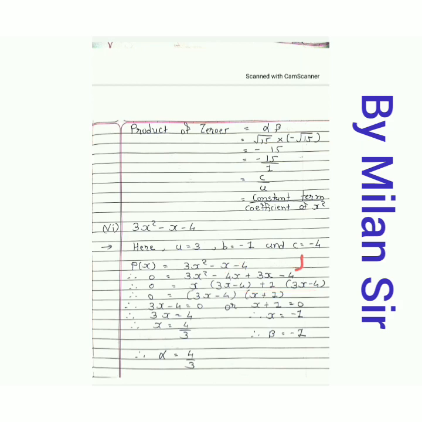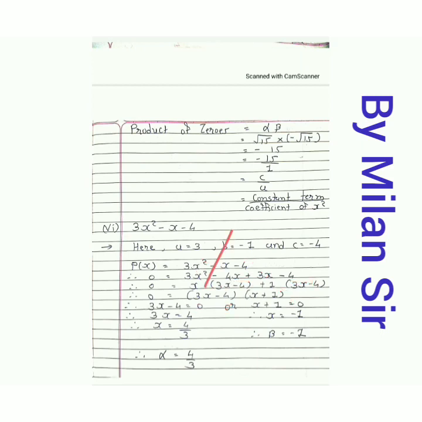Then on the left hand side 0 is there as it is, and in these 2 terms, one bracket is common, that is 3x minus 4. So I take this bracket as common, 3x minus 4. Then the remaining part is, so 3x minus 4 is cancelled, right? So the remaining part is x plus 1. So I already wrote in the second bracket x plus 1.